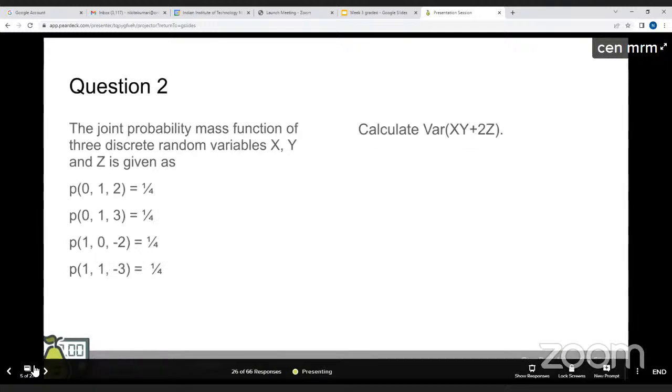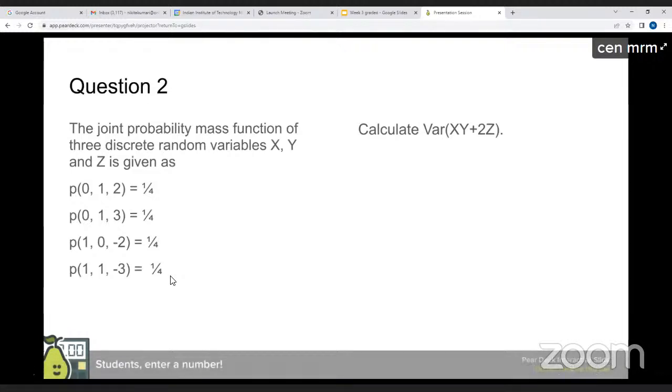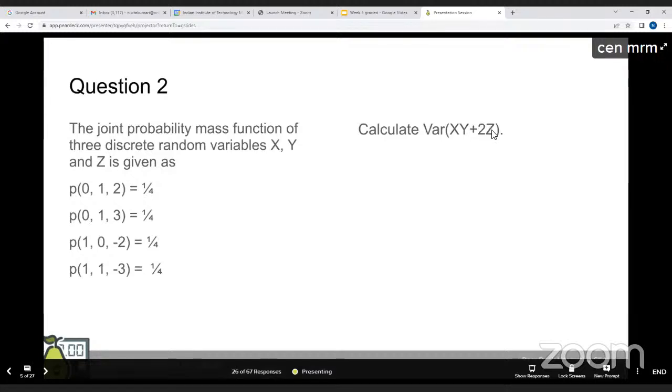Basically, you can see here that your random variable x is taking just two values, 0 and 1, and y is taking two values, again 0 and 1, and z is taking four values, that is -2, -3, 2, and 3. And each has the probabilities 1 by 4. So we know what values x, y, and z are taking, and what the probabilities are. So if we have to make the table for xy plus 2z,